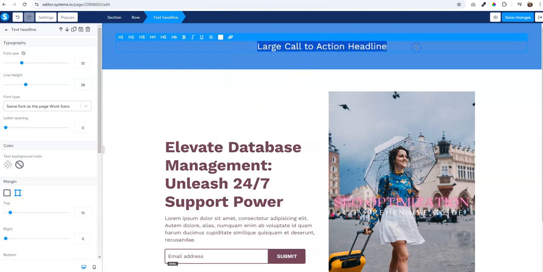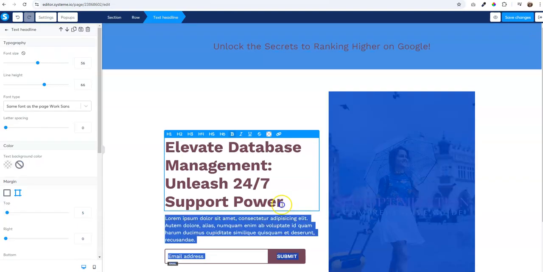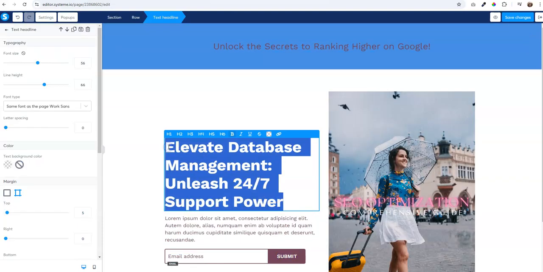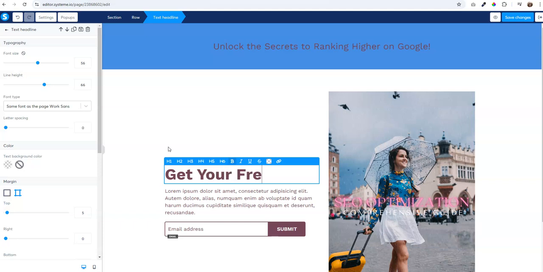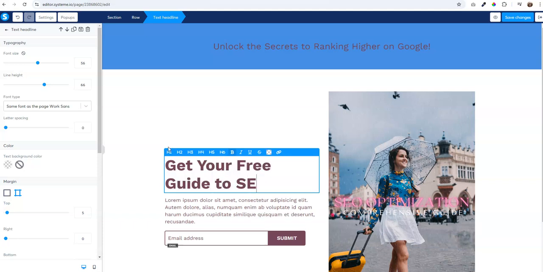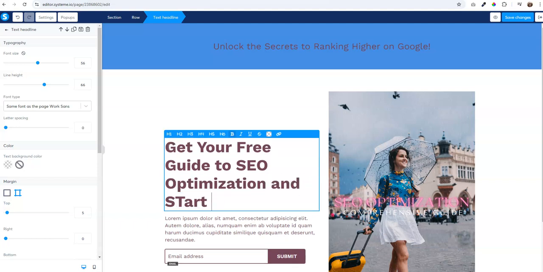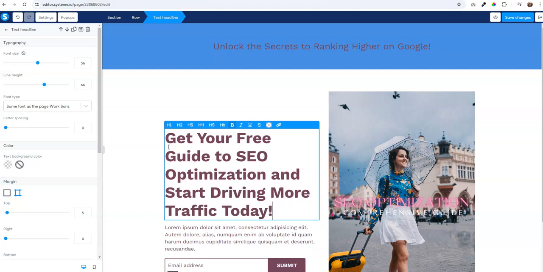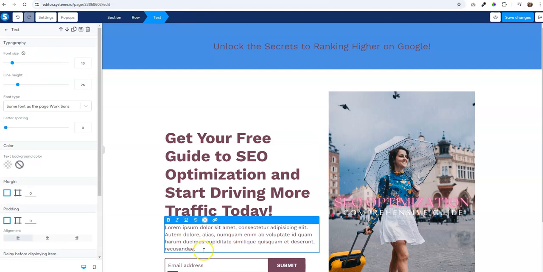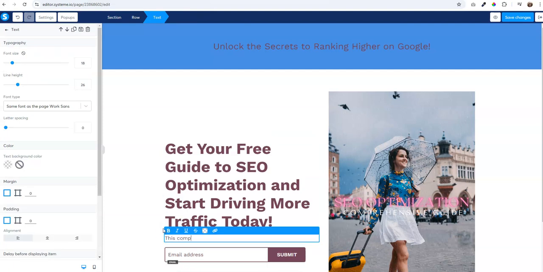and I'm going to say, unlock secrets to ranking higher on Google. And then this is going to say, get your free guide to SEO optimization. Start driving more traffic today. And then this little subheadline is going to be this comprehensive